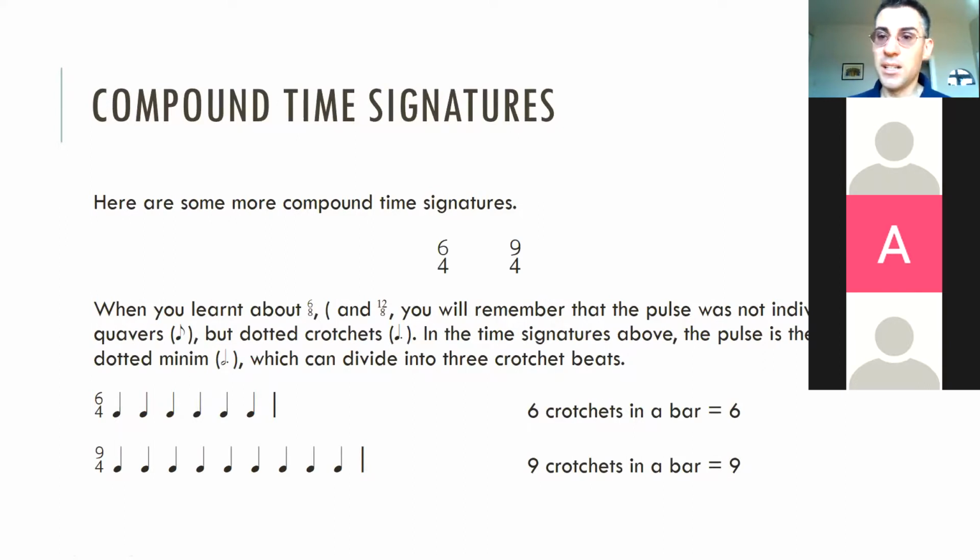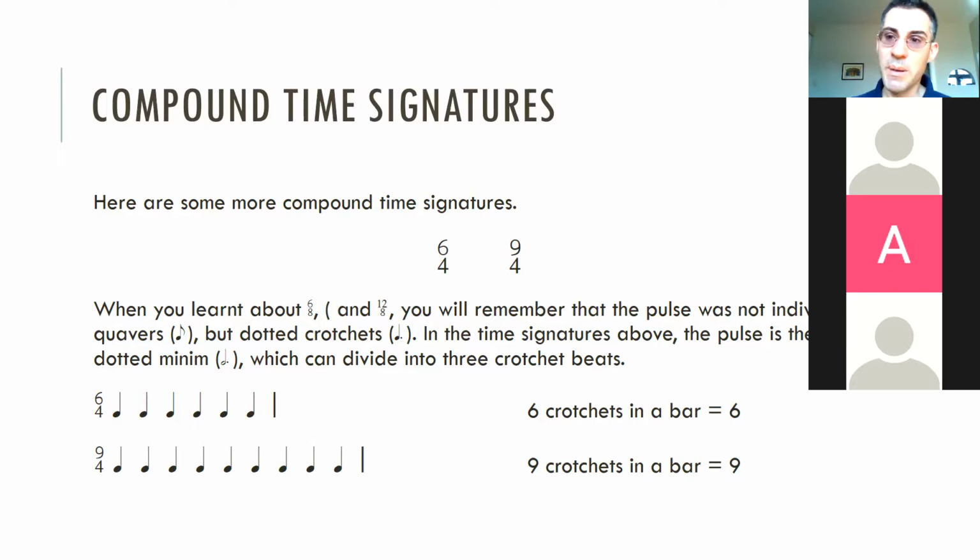Then we are going to learn some more compound time signatures. And they're easy because they function in exactly the same way as the other compound time signatures which we've learned. So we've learned 6/8, 9/8, and 12/8. But you can also get 6/4, 9/4, and 12/4. So any of those which divide, you remember that we said that if the top number can divide by 3, it's usually compound. So 6 divided by 3 is 2, 9 divided by 3 is 3, 12 divided by 3